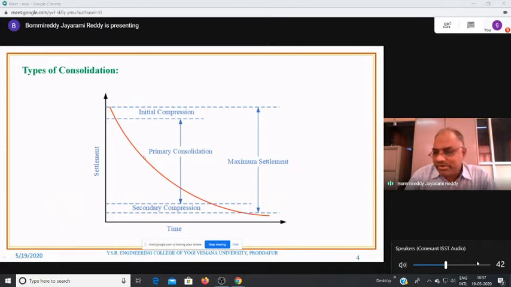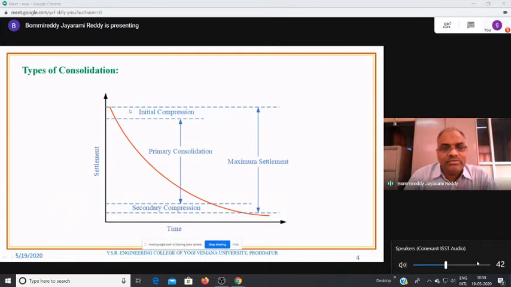But in the process of consolidation, there are three different types of consolidation. One is initial compression. Initially, sometimes the soil may not be fully saturated. If there is a small amount of air present in it, because of some initial static load, it is going to compress by expelling the air, or sometimes the surface of the soil may not be uniform, and after keeping the static load on it, the